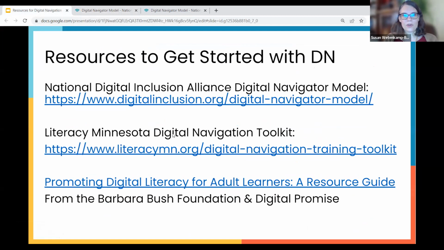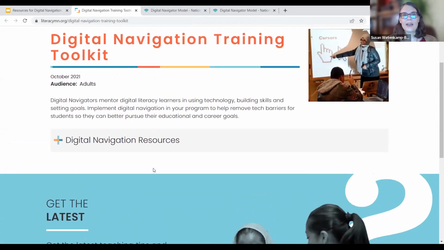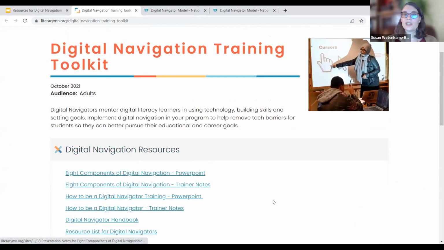All right, I'm going to head back over to my slides, and then I'm going to pop into the next one, which is from Literacy Minnesota. So last year, we had some funding in the supplemental services grant to prepare some materials for digital navigation, and particularly for training volunteers to be digital navigators